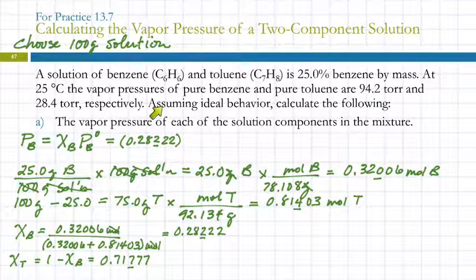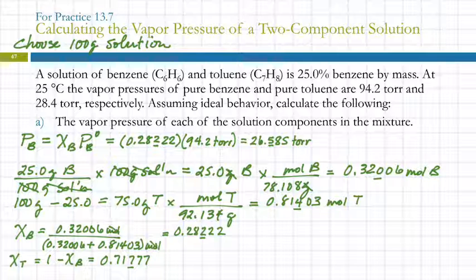This is benzene, and that one's toluene. 92.4 or 94.2. 26.585 torr,